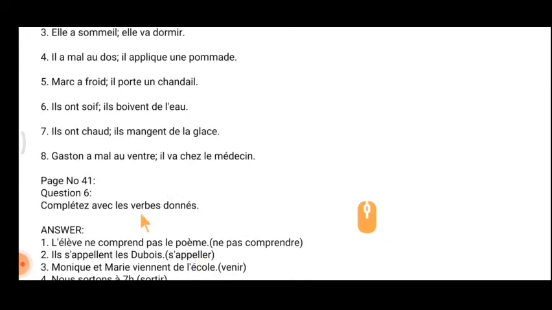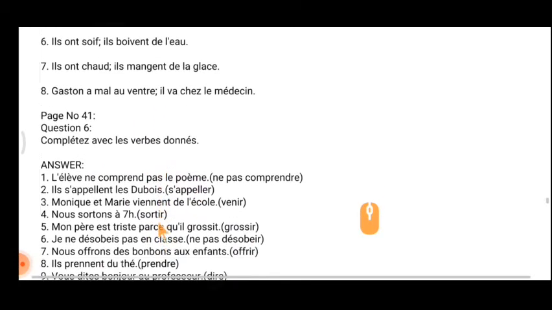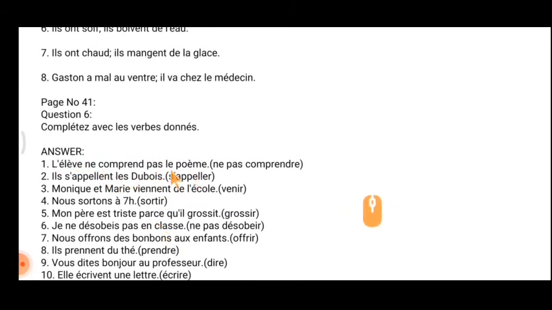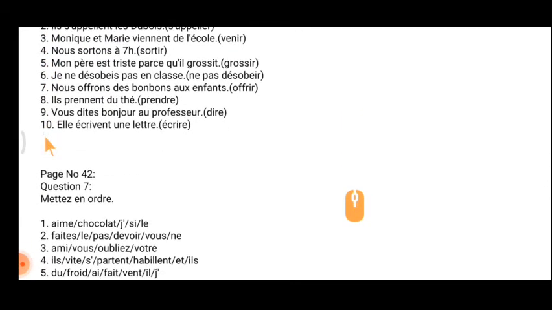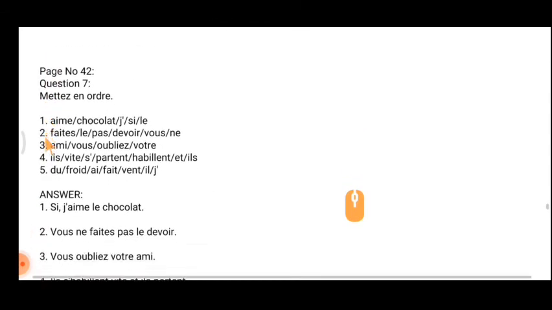Next is compléter avec les verbes donnés. L'élève ne comprend pas la pomme. So ne pas comprend, that is ne comprend pas. This exercise also is one of the important exercises. So note it down. And mettez en ordre, I think you